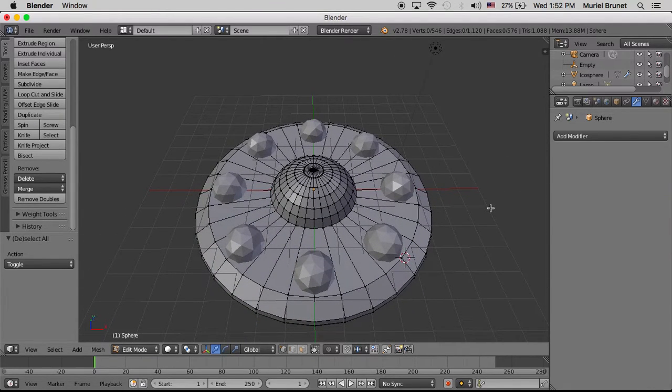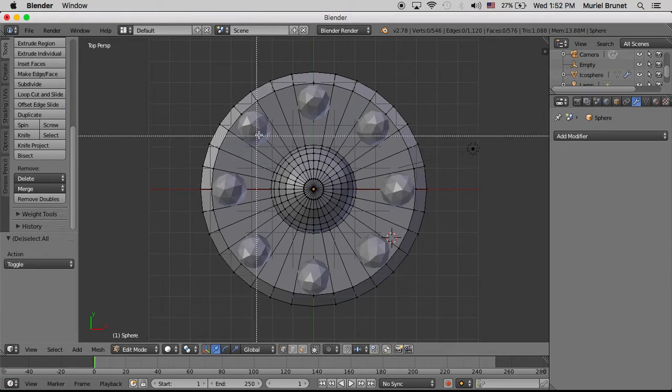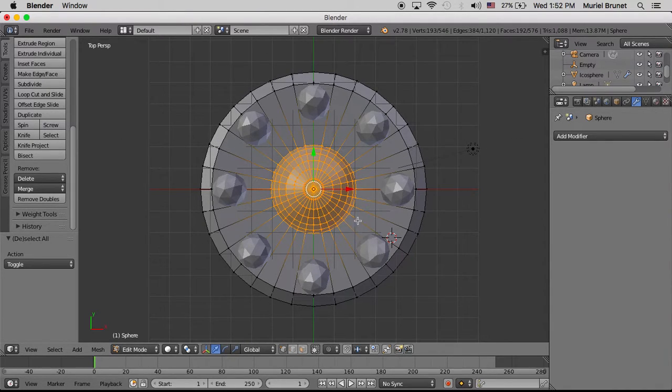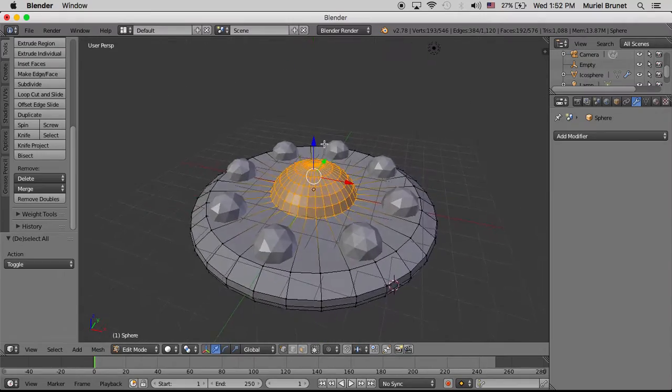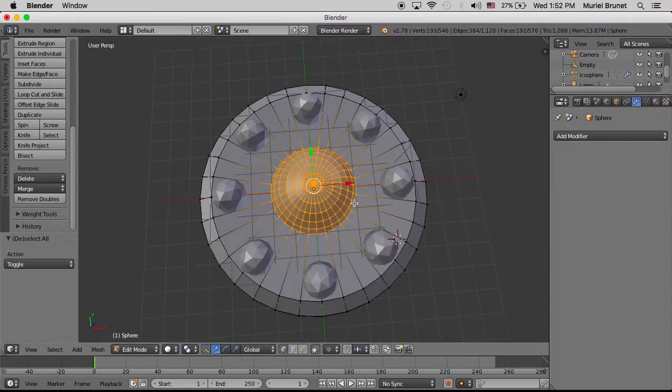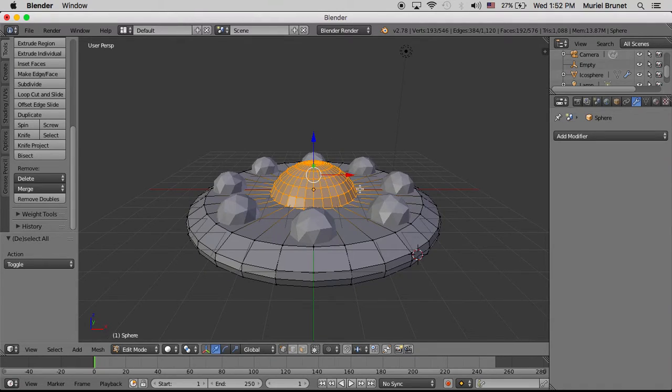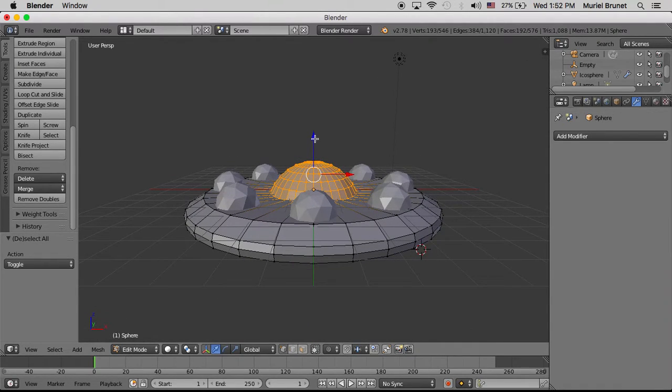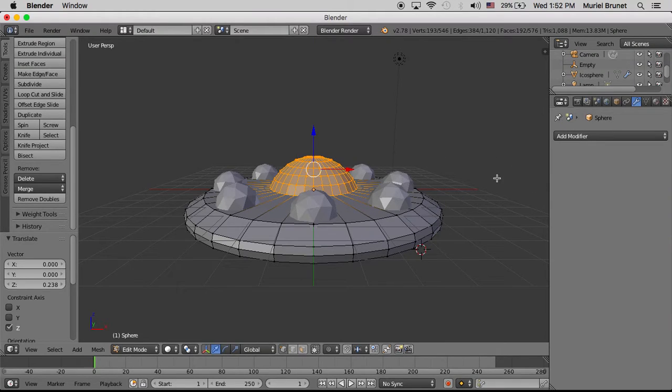So I will press 7 for top view, then B to select this here. Okay, and make sure you haven't selected anything else by accident. Yes. Now I will once again use this blue arrow to bring it up. Okay. So this is when the icospheres start to not match up very well with the object. So as I bring this up a little bit and maybe scale it out a little bigger with the letter S,